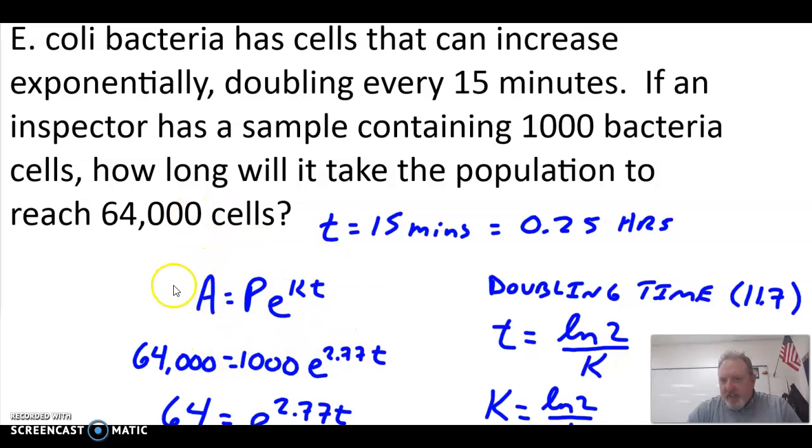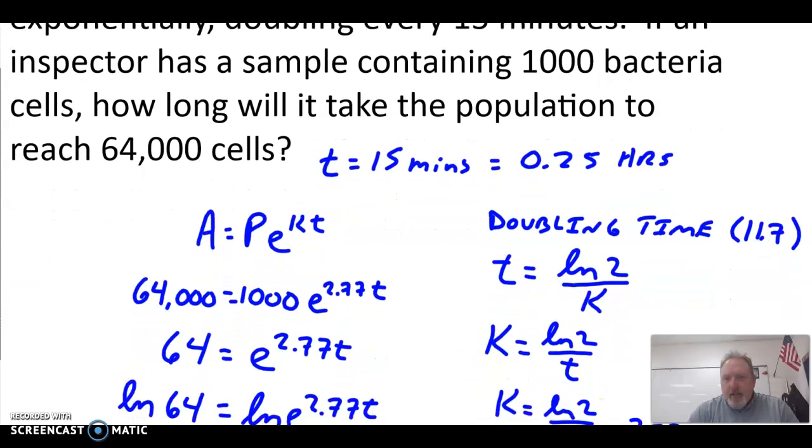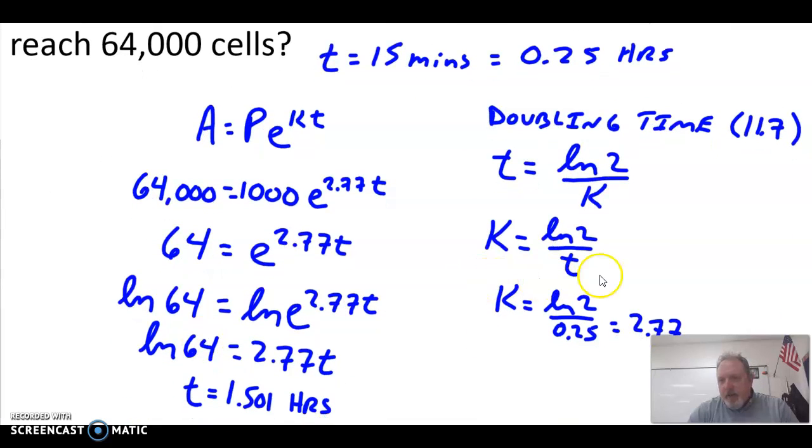So this is a continuous situation, and they gave us the doubling time. And so what we can do with that, we know that our time here is 15 minutes or 0.25 hours. So doubling time, you can take the natural log of 2 divided by your growth constant. Well, we don't have the growth constant, but we do have the time. So we are going to flip this around and solve for k. And so if I take the natural log of 2 divided by my time, I will have my growth constant, which is 2.77 or 277%. So it's almost tripling